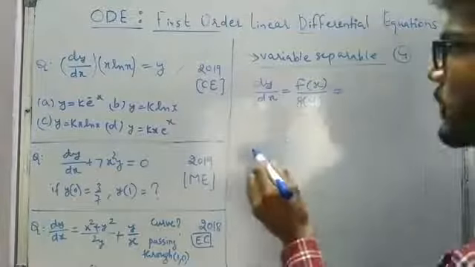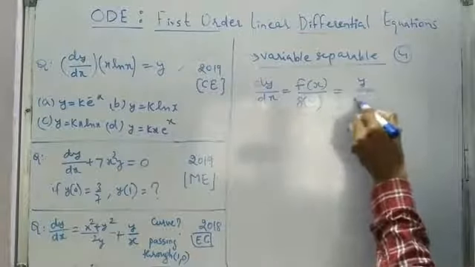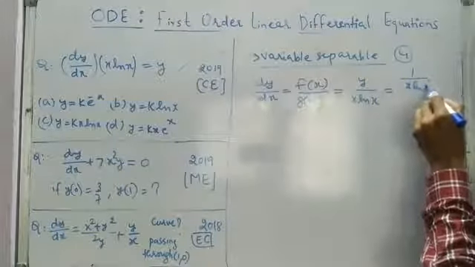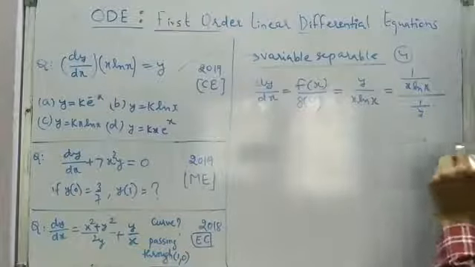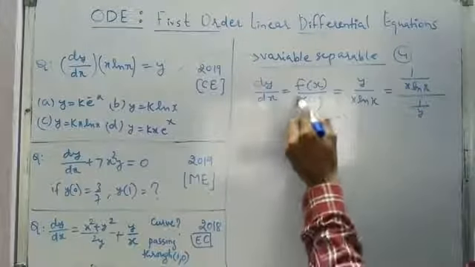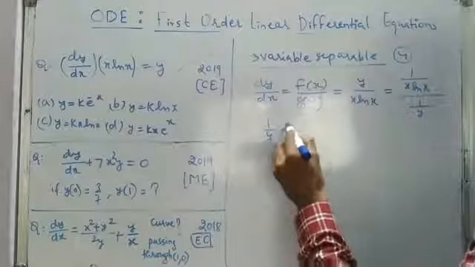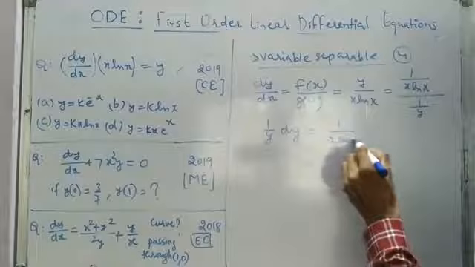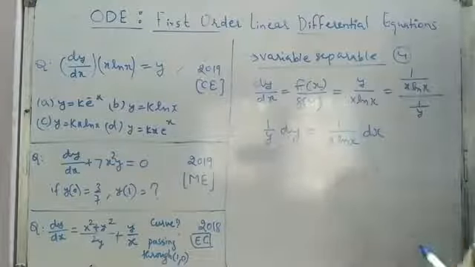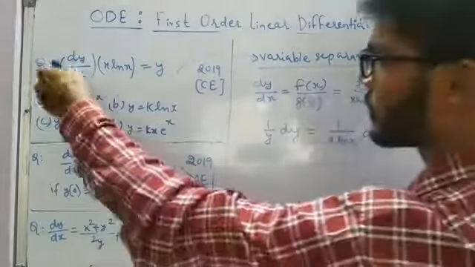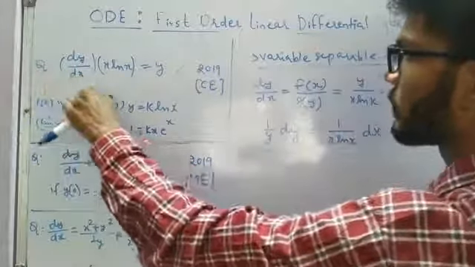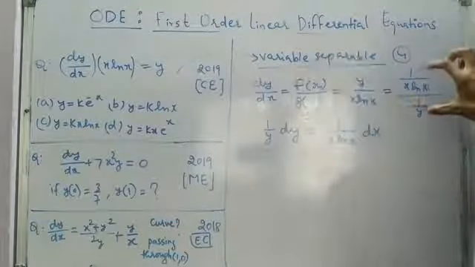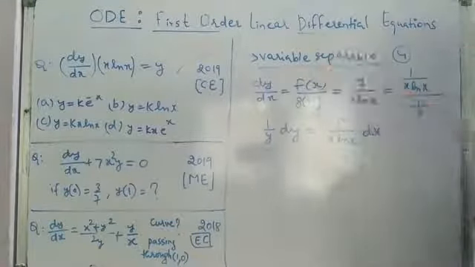So from here we'll write dy by dx is equal to y upon x ln x, but in the numerator it should be f of x. So 1 upon x ln x we will write, and in the denominator it should be 1 upon y. And now we have to cross multiply, taking y terms together. So this is nothing but 1 upon y dy, and x terms together, so 1 upon x ln x dx. Or instead of doing this, we can simply solve by taking the x terms together: dy upon y is equal to 1 upon x ln x dx.